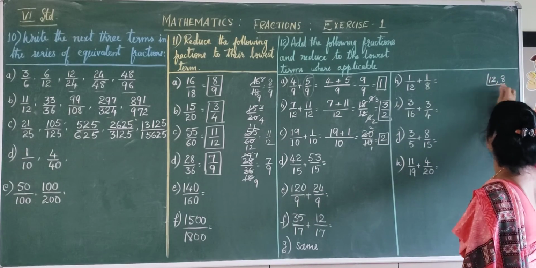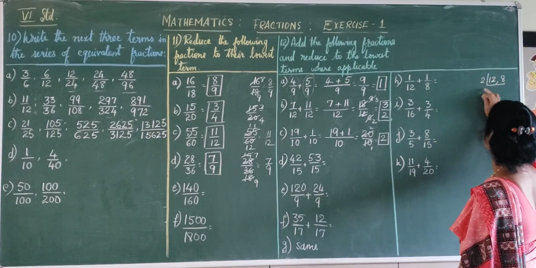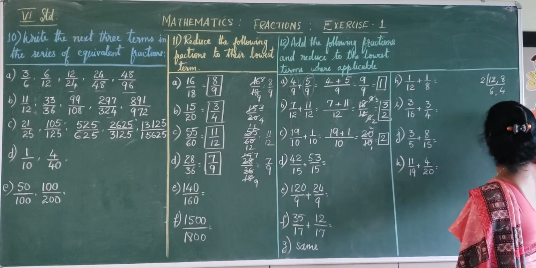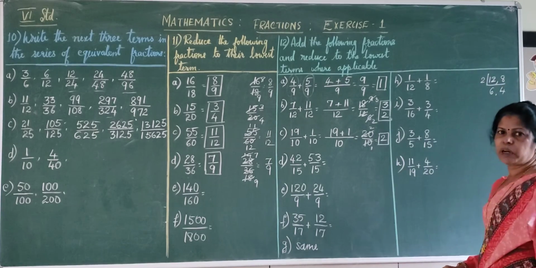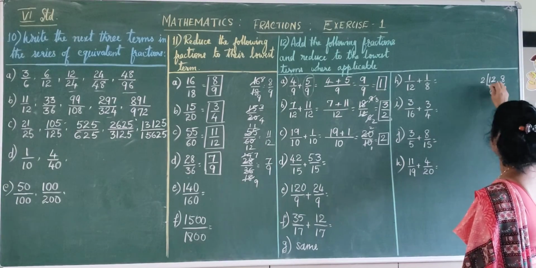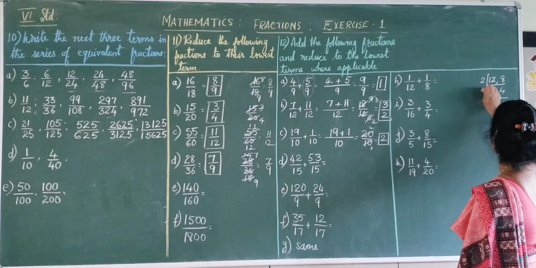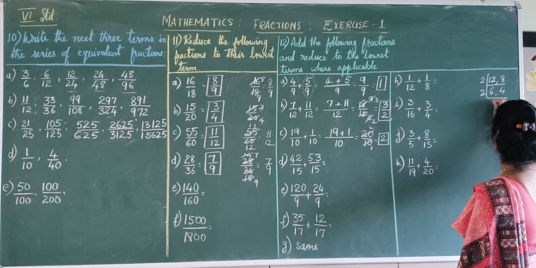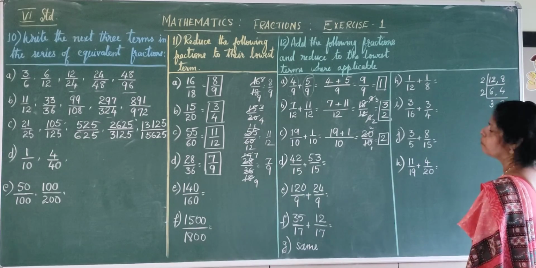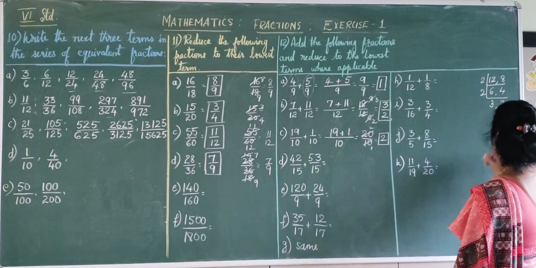Take 2 because both are even numbers. 2, 2 6s are 12, 2 4s are 8. Always from the least number you have to start. So then 6 and 4 both are even numbers. Now 2, 2 3s are 6, 2 2s are 4. Now